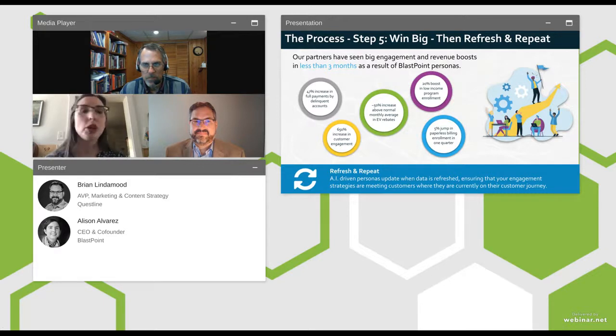And finally, get those wins. I want to talk about one number on this slide in particular, which is that 650% increase in customer engagement. We see this regularly in partnership with Questline. It's really funny because this number is something we see in practice. We've seen it multiple times, and it actually matches studies that say that when you personalize, for example, email, you can expect an almost 7-fold increase in the amount of engagement you get. And it's really interesting that we can verify those studies using this actual technology, which is just, I'm a science nerd, so this is my favorite thing.